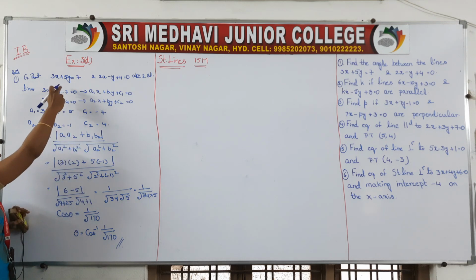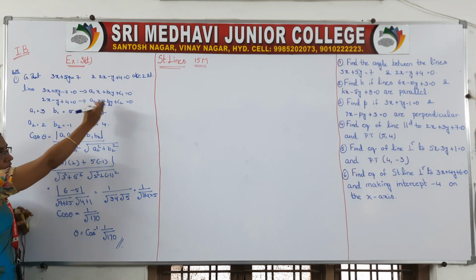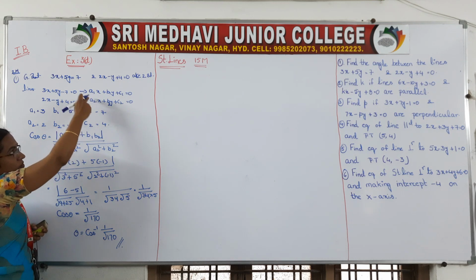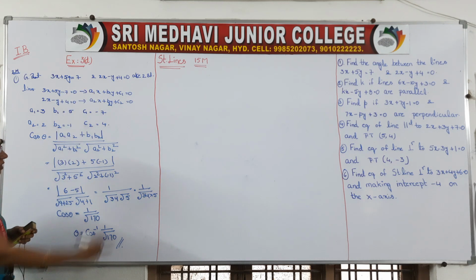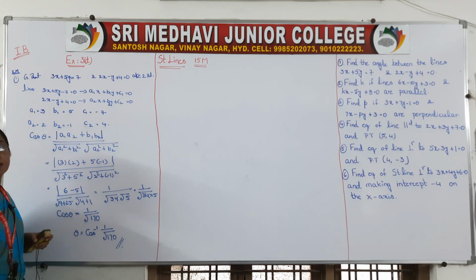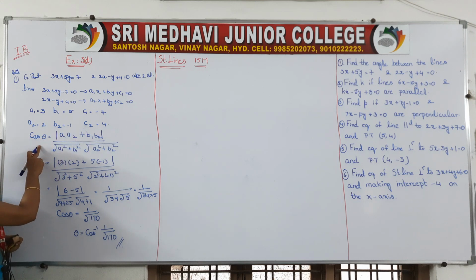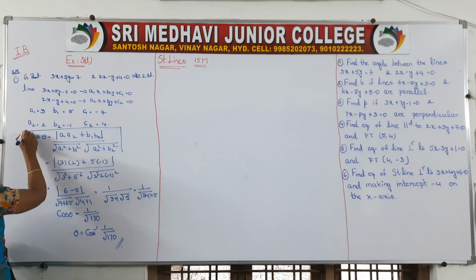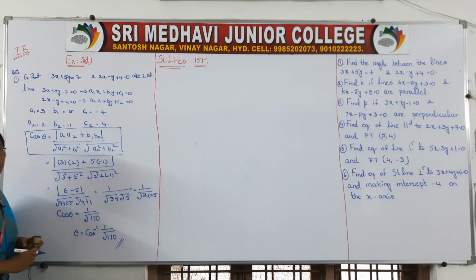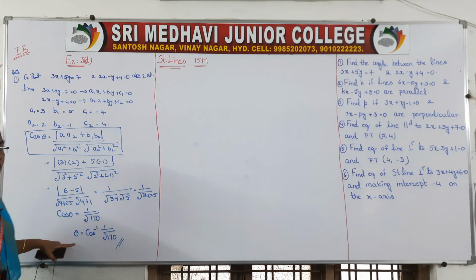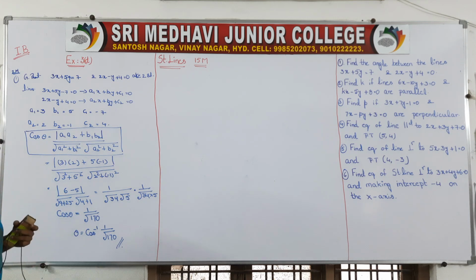So very simple, just compare the 2 straight lines with your general equation. General equation means ax plus by plus c is equal to 0, but to make the difference, we take a1x plus b1y plus c1 is equal to 0 and a2x plus b2y plus c2 is equal to 0. Find out a1, b1, c1, a2, b2, c2. Then take the angle. This is the formula, right? Try to put your formula in a box, then it will be impressive, as marks will be there for the formula. Then substitute, and you will get your angle. So this is your first question.